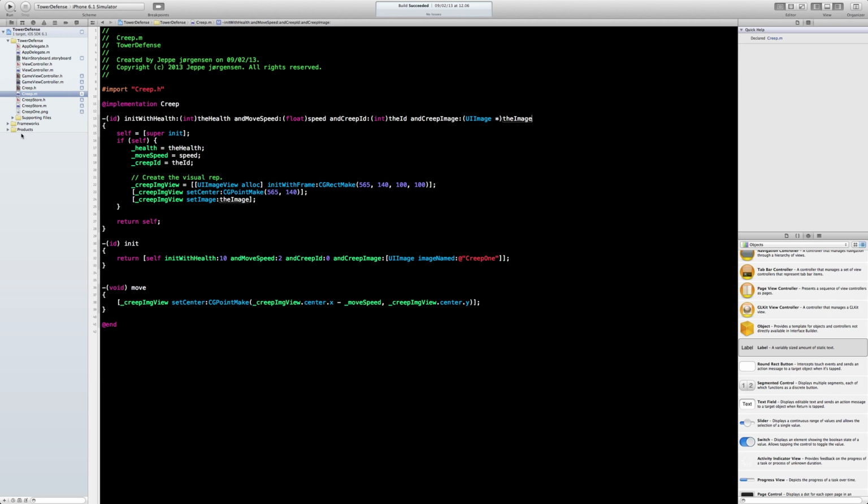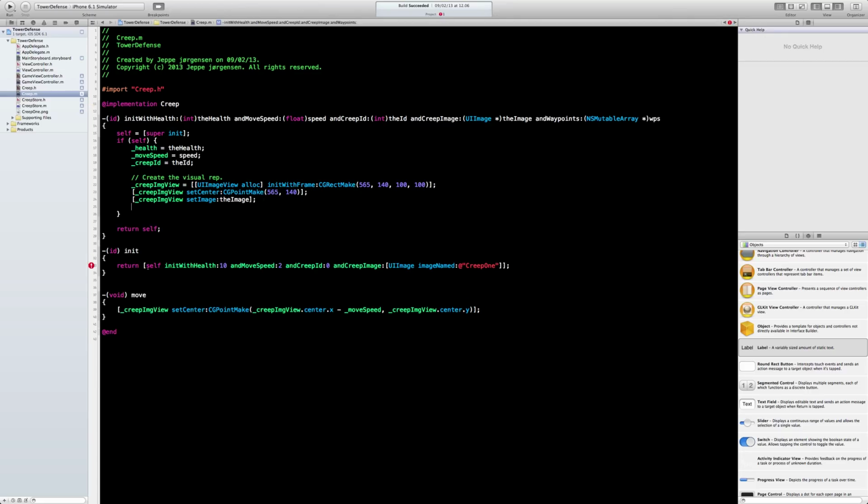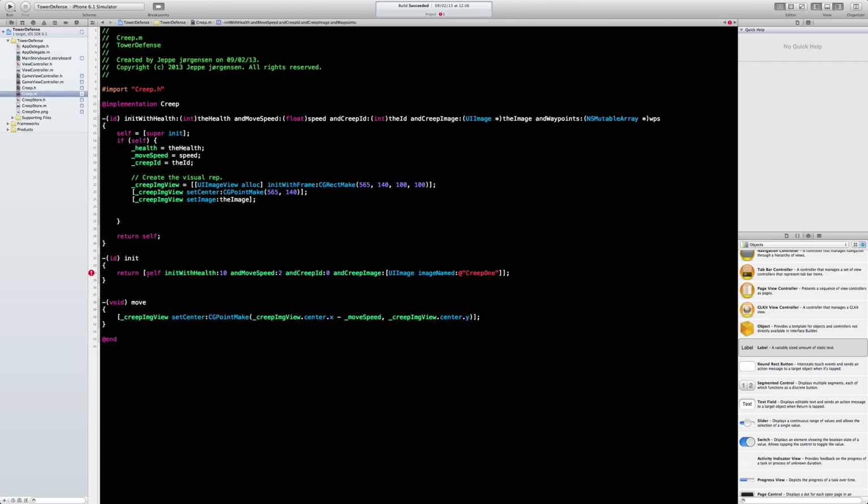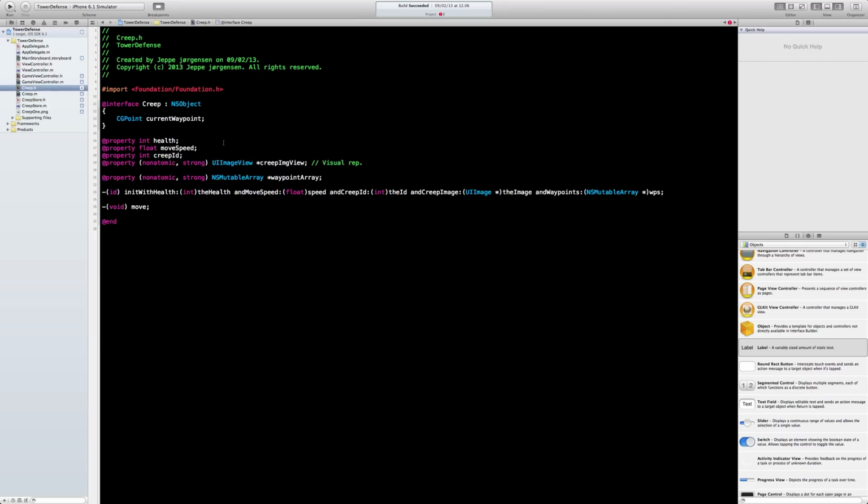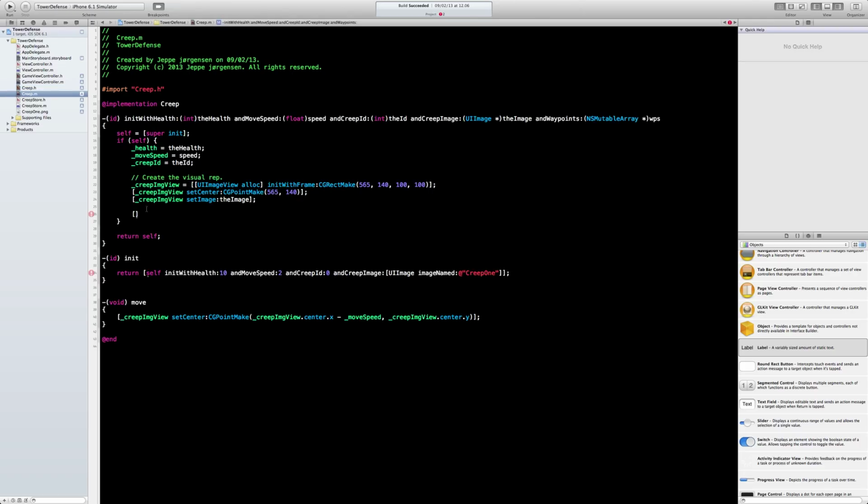And we implement this behavior in here, and waypoints. So what this means is that when we create a creep, we pass in the waypoints for the creep. And we're going to do this by saying, we call it waypoint array. And we're just going to set it to point to, or to be a part of that. There we go. Waypoint array,